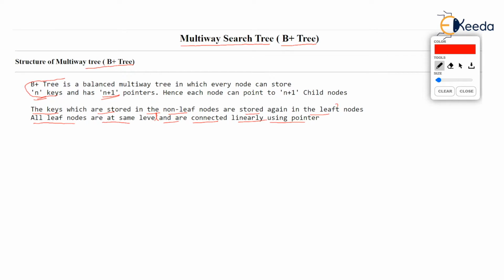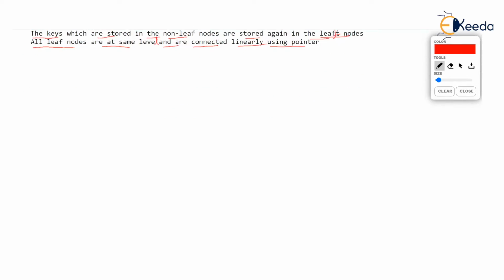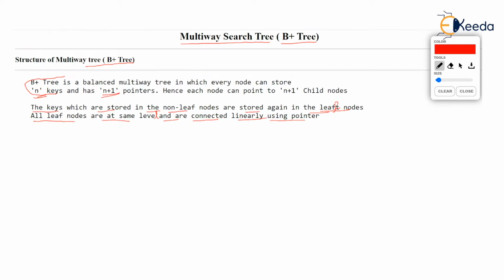in the leaf nodes. So what we will do in this video is take up an exercise to create a B plus tree from scratch and understand what are the steps to create a B plus tree. Let's create a B plus tree of order 4, and the data given to us is, let's say, 1 to 15. So these values are to be inserted in the B plus tree. And the order is 4.